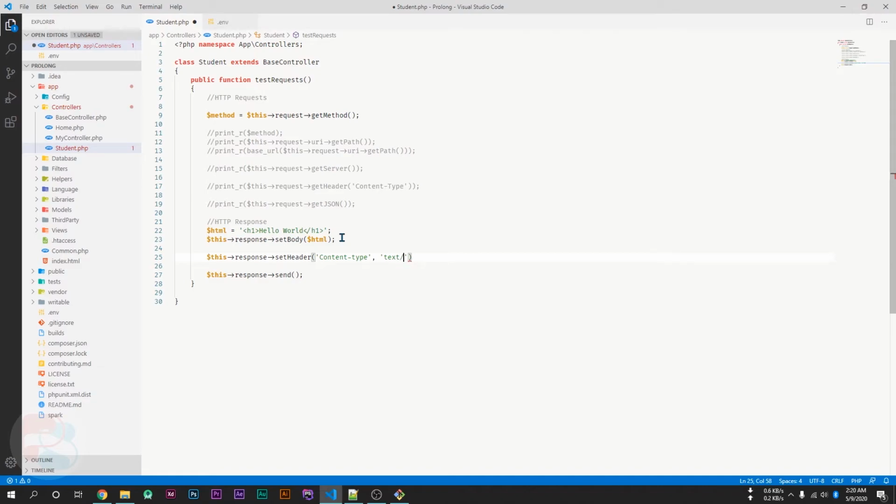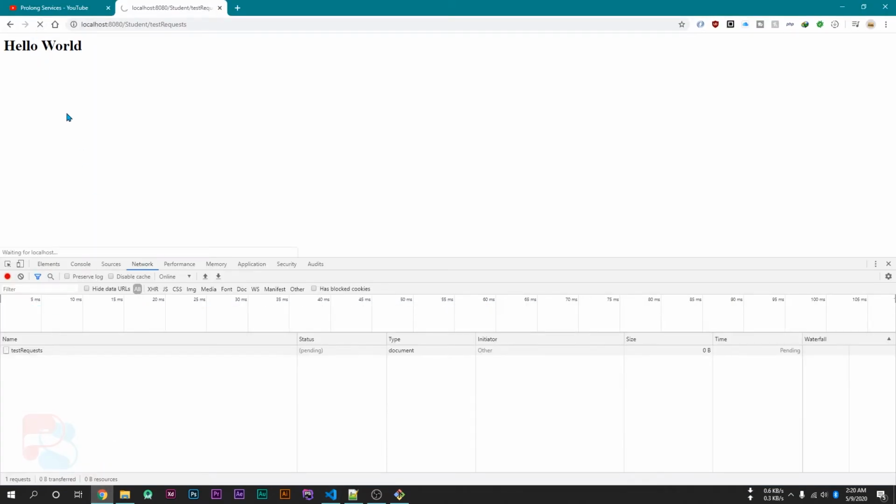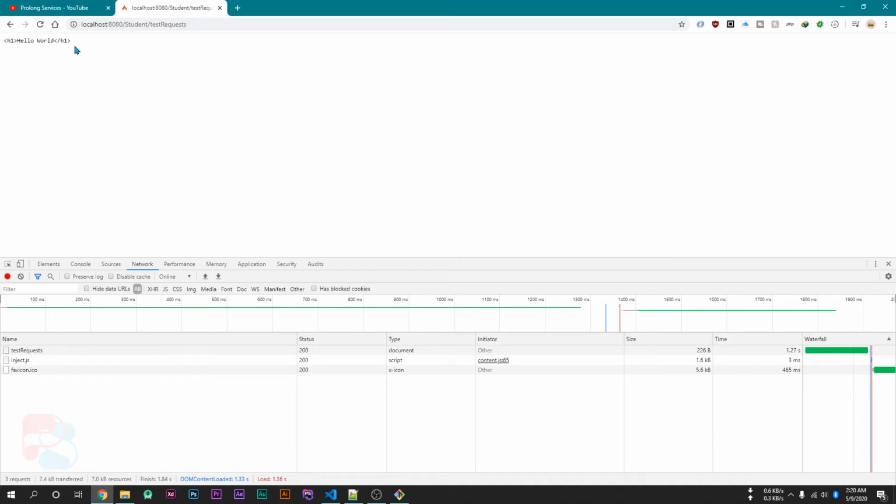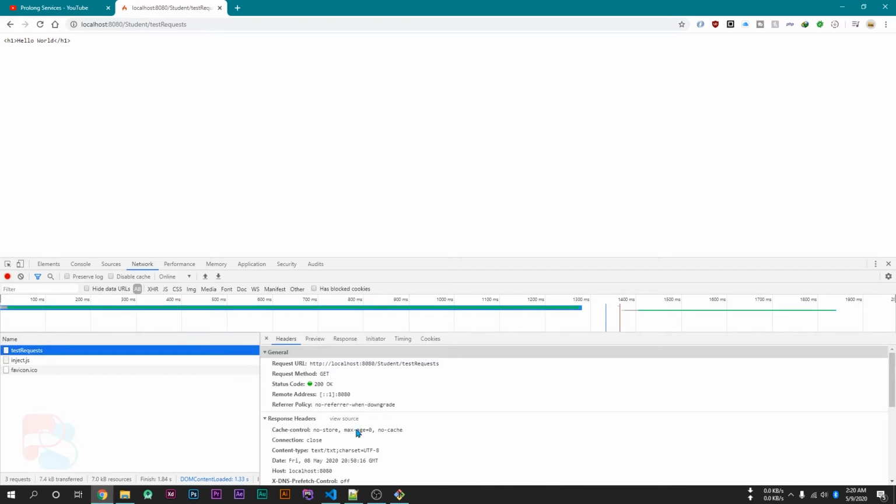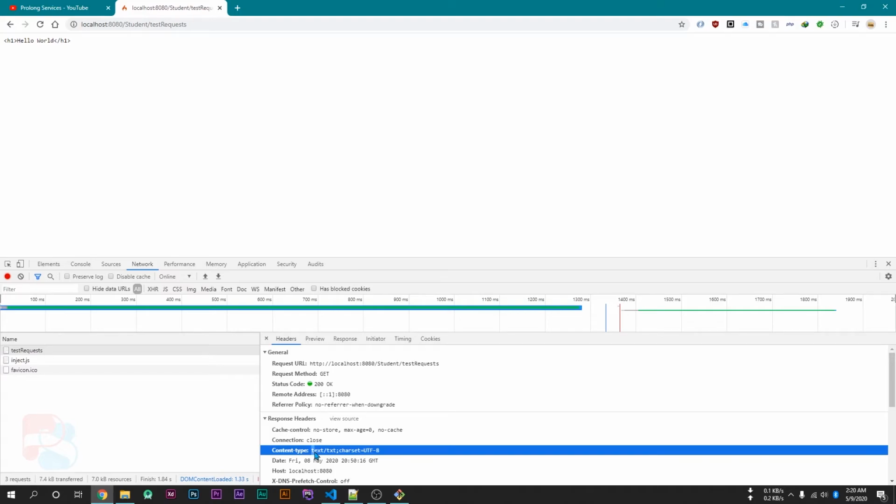So if I use txt, this means the response is now of type text. Save this page and reload, now our HTML is printed as a text document. And if we go inside this function, we can see that the content type is now text/txt, which means this page is now a text document.